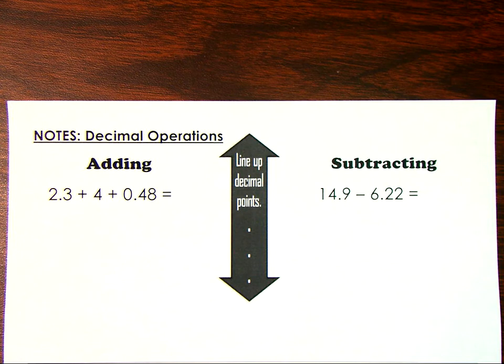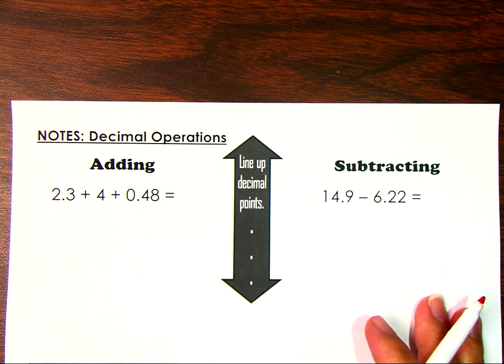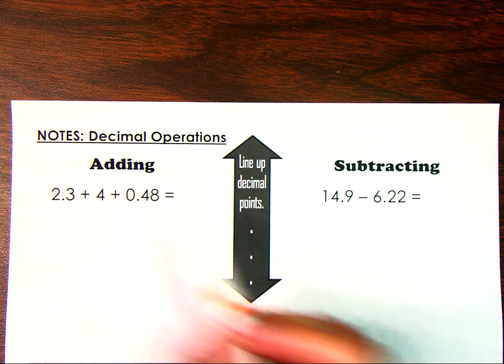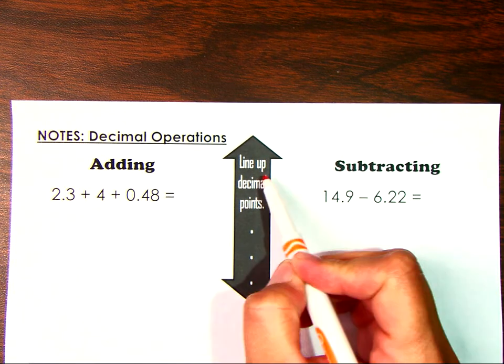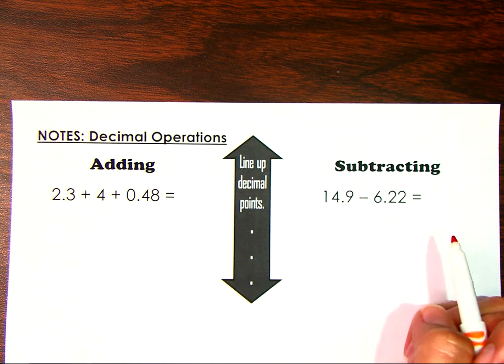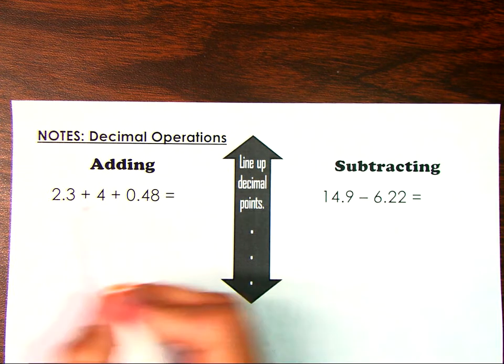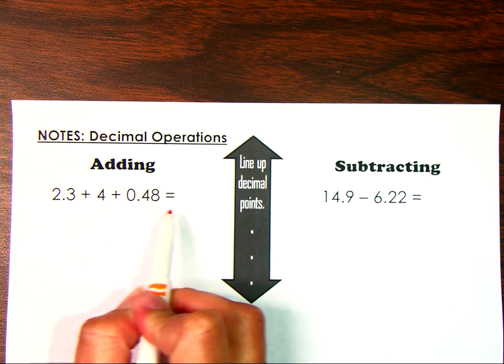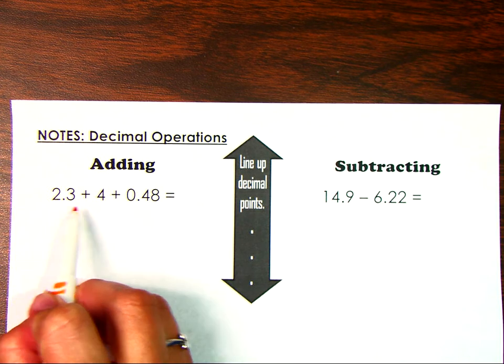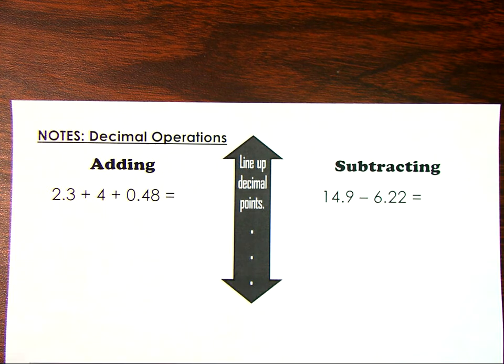Okay, today we are going to review adding and subtracting with decimals. The rules are different with adding and subtracting with decimals than with multiplying and dividing. With adding and subtracting, remember we need to line up the decimal points because you are lining up the place value. So if we have a problem written horizontally, left to right, 2 3/10 plus 4 plus 48/100,